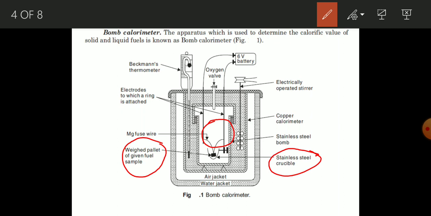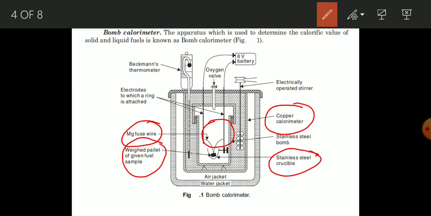An electrically heated magnesium fuse wire touches the fuel sample. The bomb is placed in a copper calorimeter,